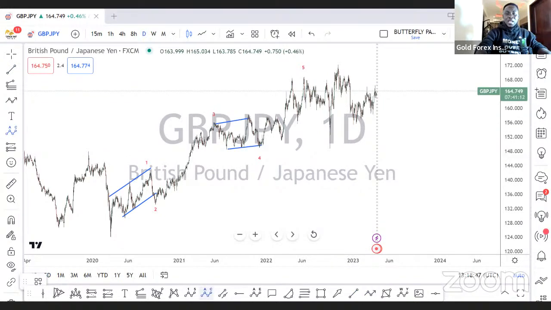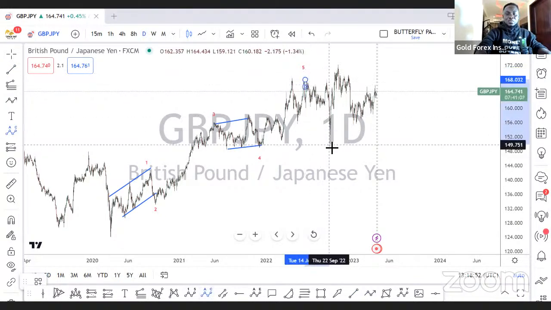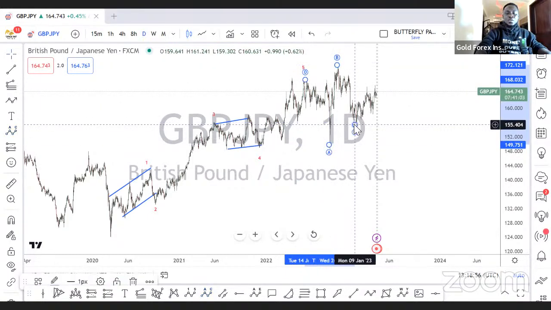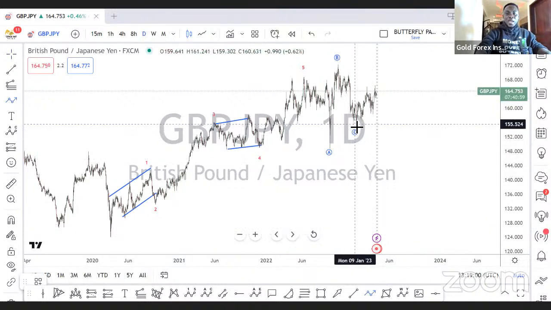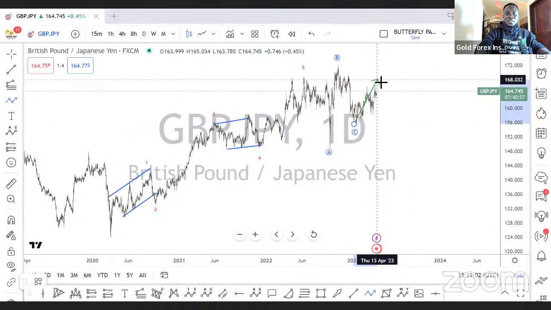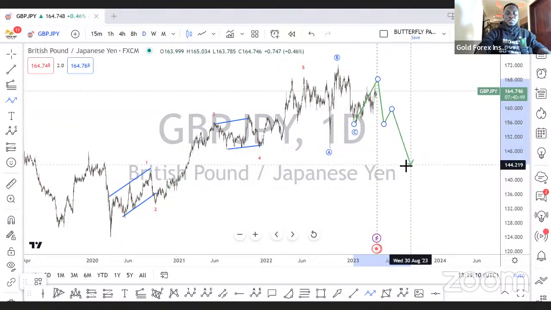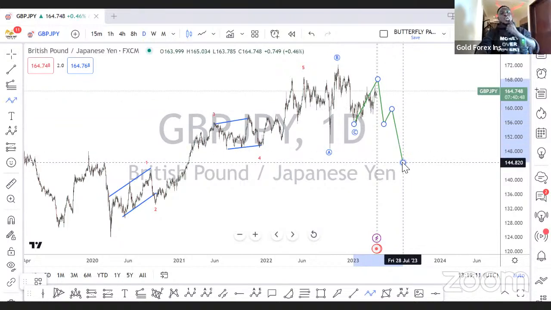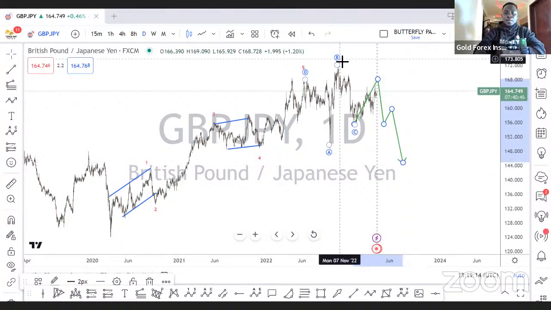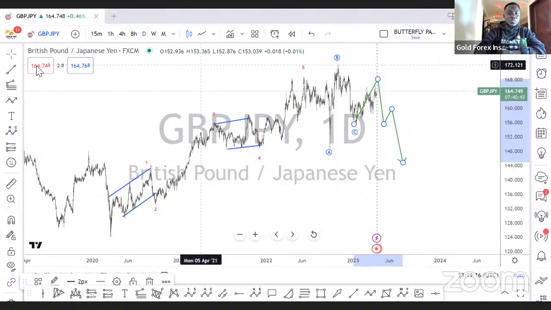I'm expecting a complex correction over here actually. So I'm expecting this one as an A, B, C, which is a running flat. Then this one should form an X like this. Then another A, B, C, something like this. Okay, so that this ABC will be,